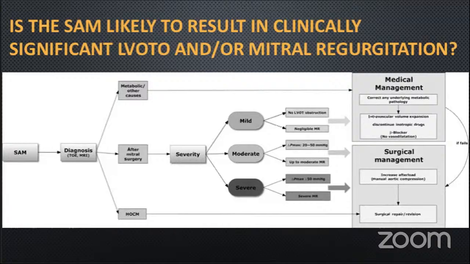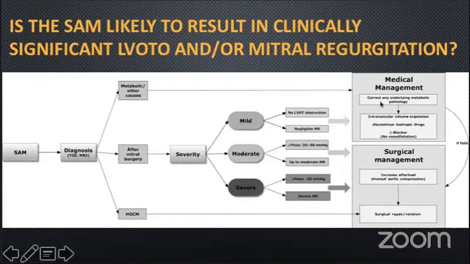Here is a question: is the SAM likely to result in clinically significant left ventricular outflow tract obstruction and/or mitral regurgitation? I am concerned here regarding the diagnosis after mitral valve surgery. We can assess the severity as mild, moderate, or severe. It is mild if there is no LVOT obstruction, or there is negligible mitral regurgitation, then those patients most likely will respond to the medical